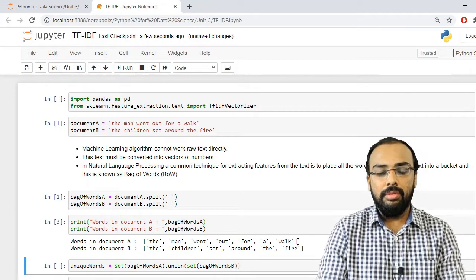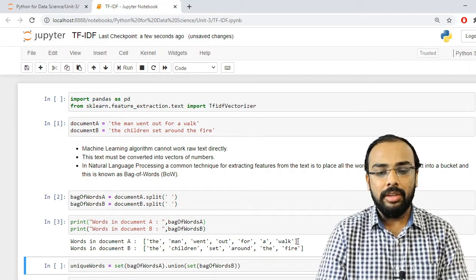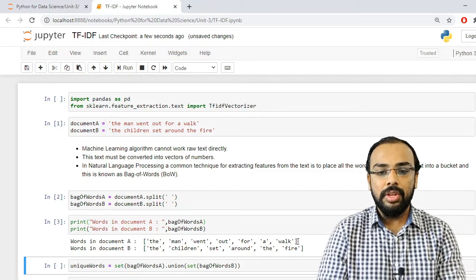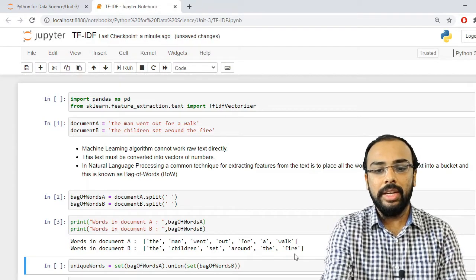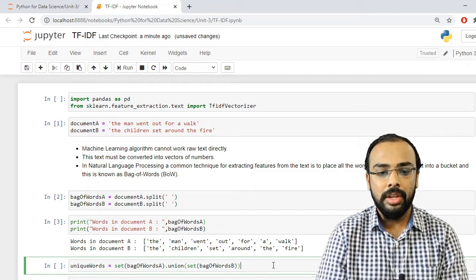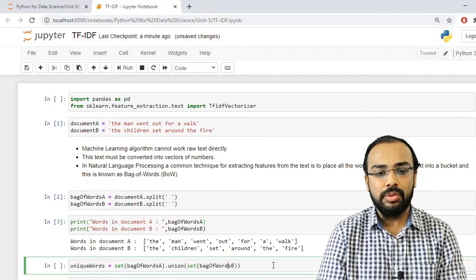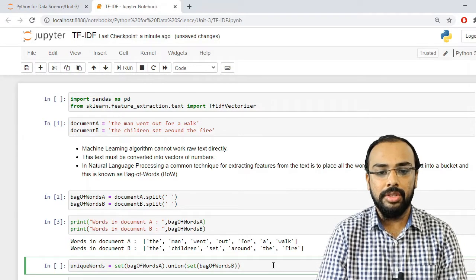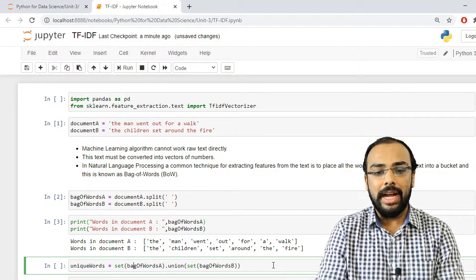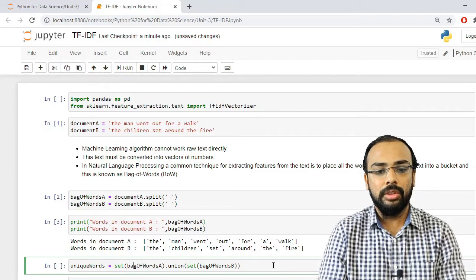So what we have to do, we can apply over here a mathematical function, if you recall, that is union. What the union function will do is take only discrete or unique elements from both of these documents. So after combining, I am storing these words inside a variable which is named unique words. So these unique words will be storing only the words that are unique in both the documents.